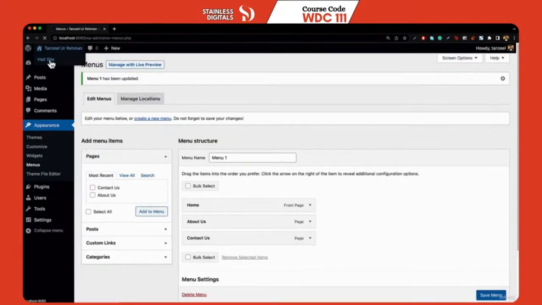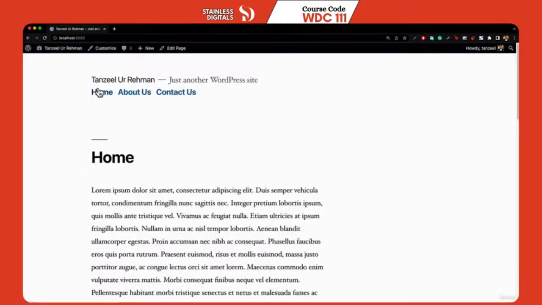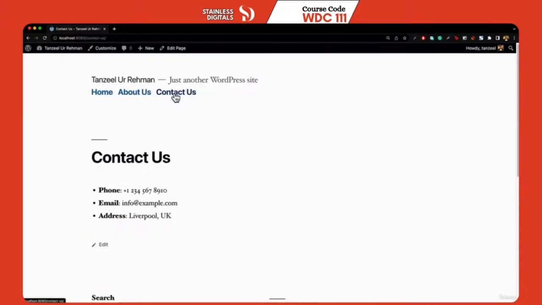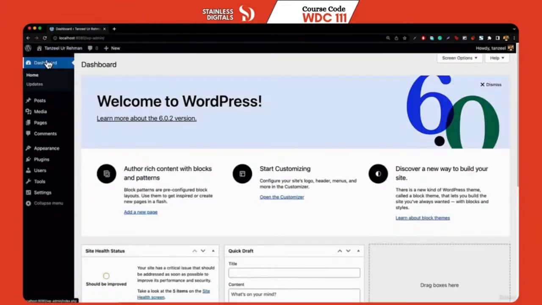Now if you go ahead and visit the website, you can see that now we've got this home, and if we click on about, we are taken to the about us page. And if we click on contact us, now we are taken to the contact us page. So this is how you can go ahead and create an ugly 3-page website, and that's how easy